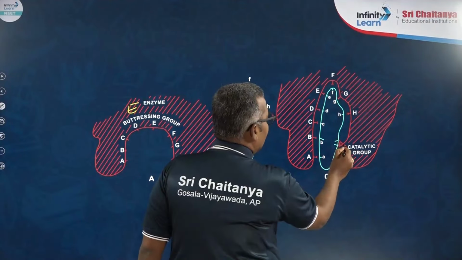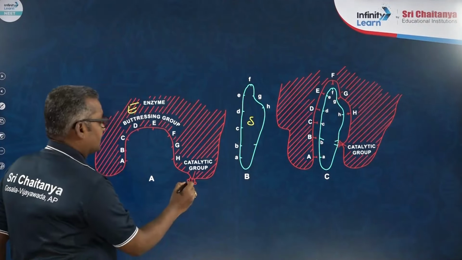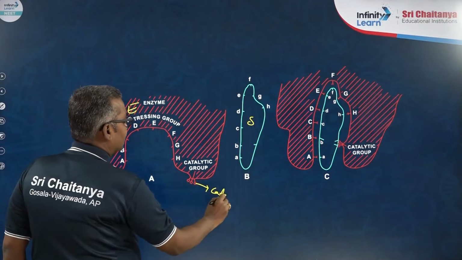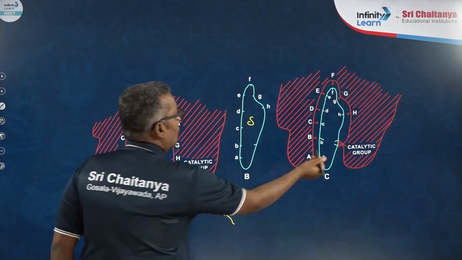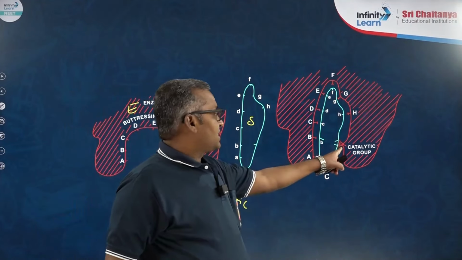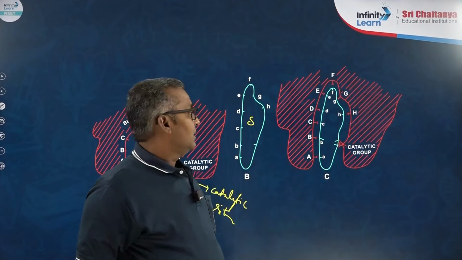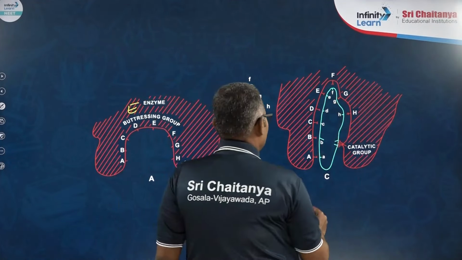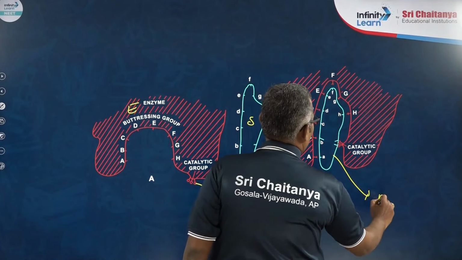The catalytic site of the enzyme now is in close proximity with the substrate. Now this is the catalytic site. The catalytic site is now in close proximity with the substrate. As a result, with the help of this catalytic site, the enzyme acts upon the substrate, which undergoes changes, thereby the substrate is converted into product.